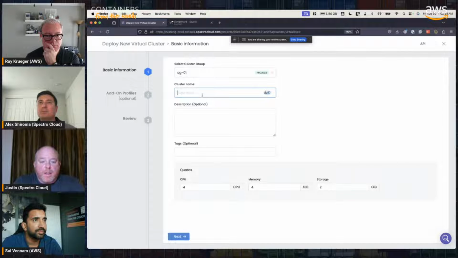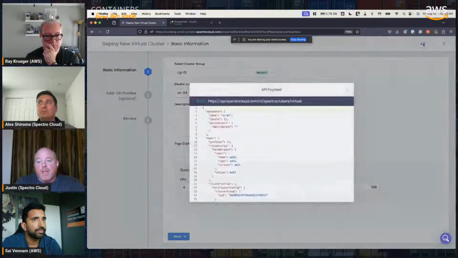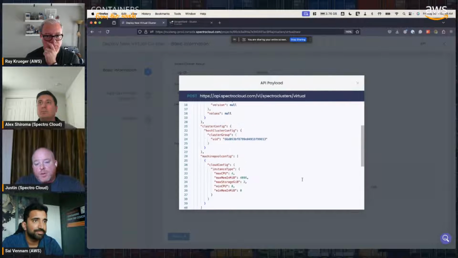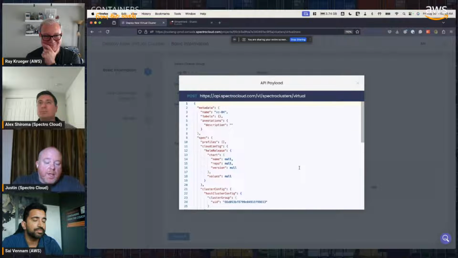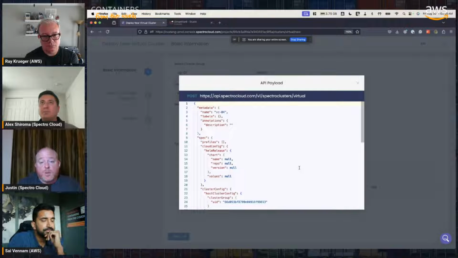Yeah, so we provide, I'm just going to walk through this one more time. We provide the ability for you to see the API call that we're making at any point. So you could take this, roll it into your pipeline, make your variables that you want. And if you're choosing API, again, we have a Terraform provider too, if that's your poison. We've also recently released a Crossplane provider for those that love Crossplane. I love Crossplane. I think that it's very complementary to what we do, but we have a provider for Palette as well. So all of these things can be done.